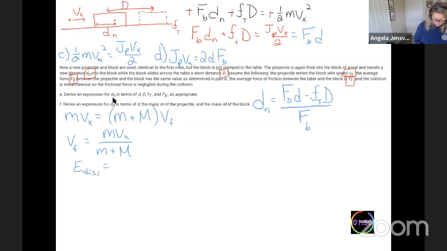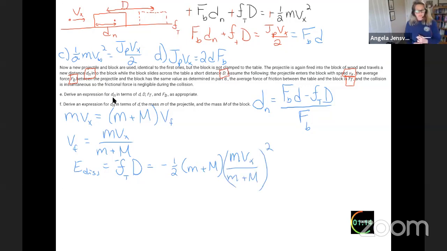is equal to the frictional force of the table times d, because our system is the projectile and the block together when they're moving. So the only external force on that system is the friction between the table and the block. So FTD is equal to, I mean, technically this would be negative, and you lost how much energy? 1/2 of the masses together now, and the final velocity is mvx over m plus big M, squared. Okay, now,